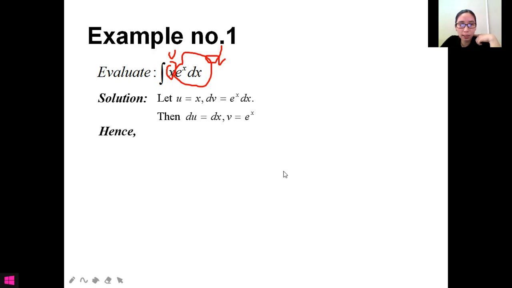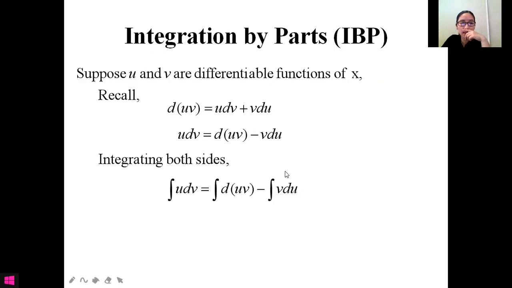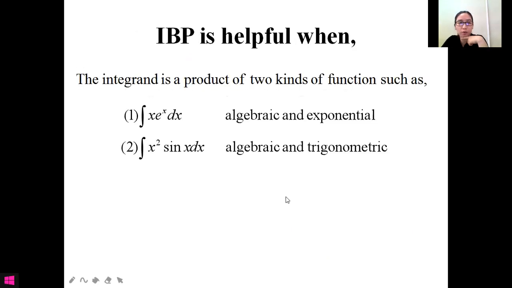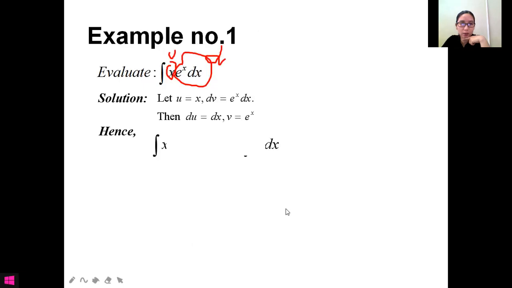I hope nobody is confused. We found the values: we identified u and dv, and we also found du and v. So now let's go back to our equation. This is the formula we will use for IBP: the integral of u dv is equal to uv minus the integral of v du. You can write this in your notes. So hence, the integral of x e to the power of x dx is now equal to